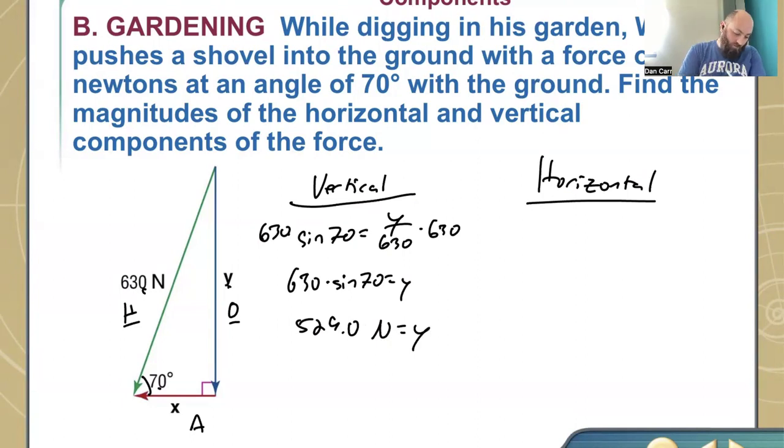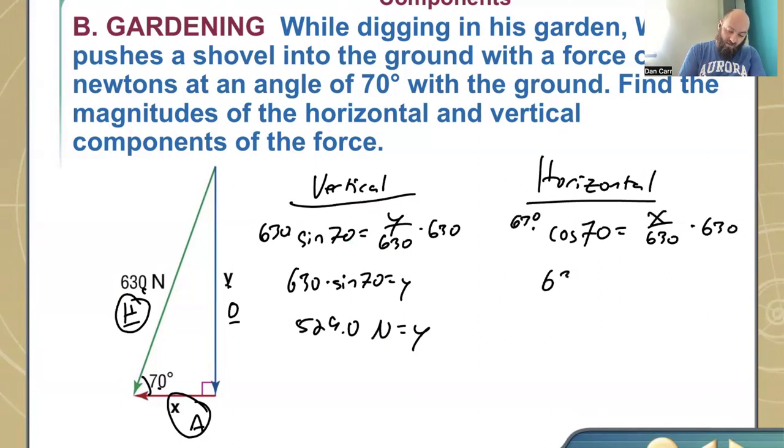For my horizontal, it is going to be based on adjacent and hypotenuse, so that's going to be cosine. So that means the cosine of 70 is equal to x over 630. Multiply both sides by 630. So I get 630 times the cosine of 70 is equal to just x now. So I plug this in my calculator just like that. So when I do that, I get a value of